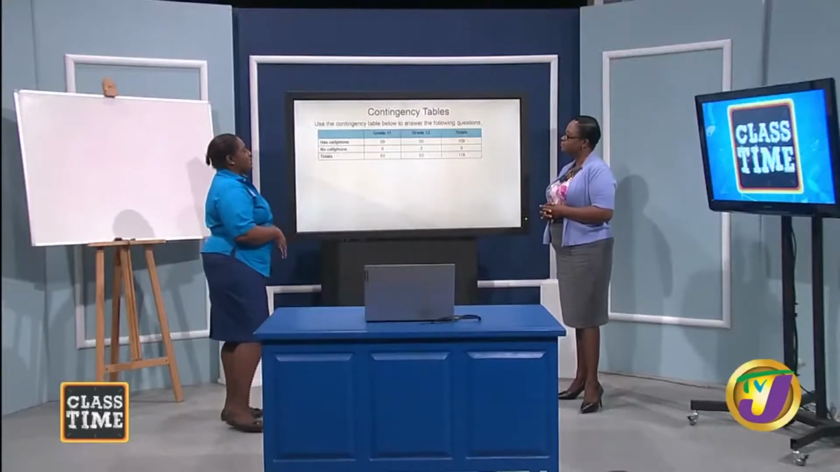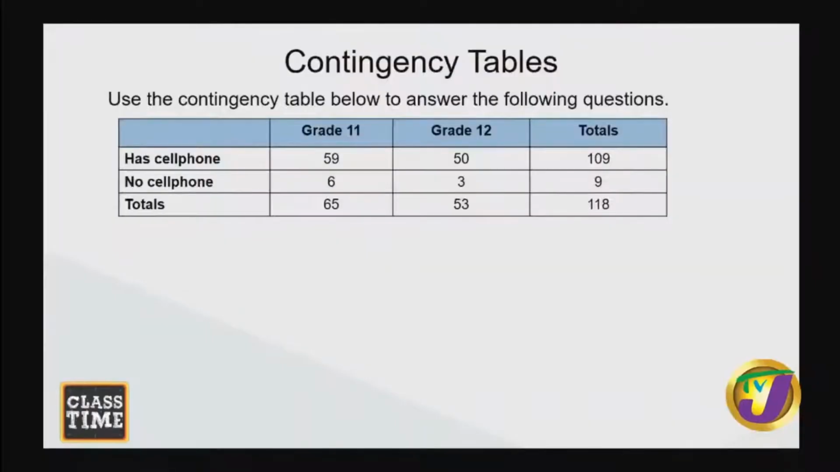Grade 12 has 50 students with a cellular phone, and there are 3 students with no cellular phone. In total, there are 53 students in grade 12. So if we know that there are 65 students and 53 students in